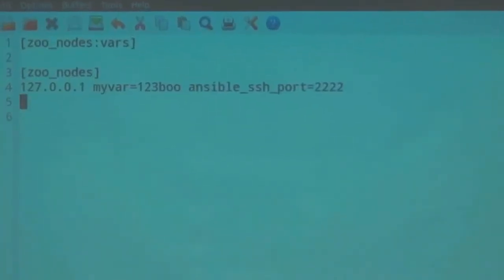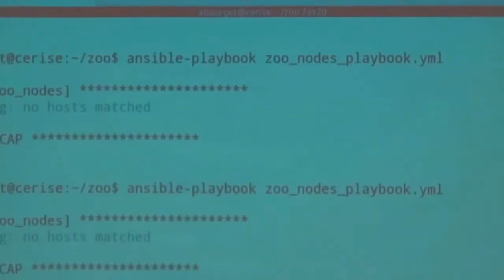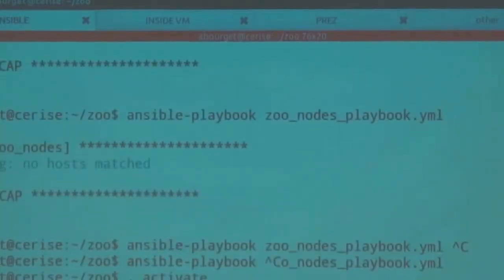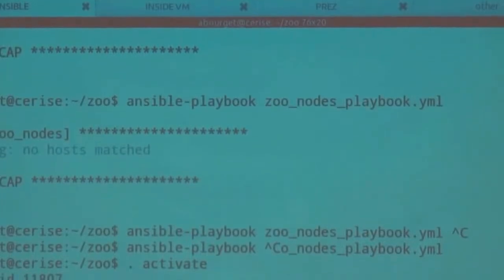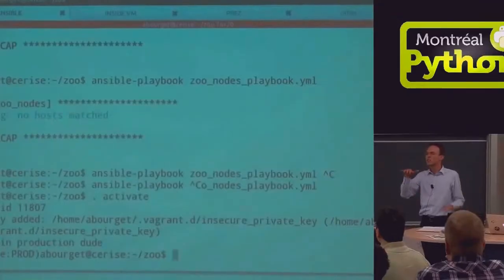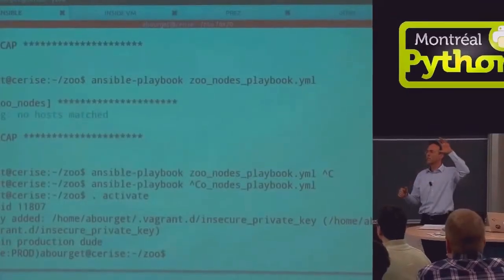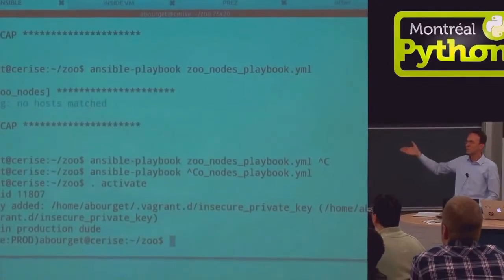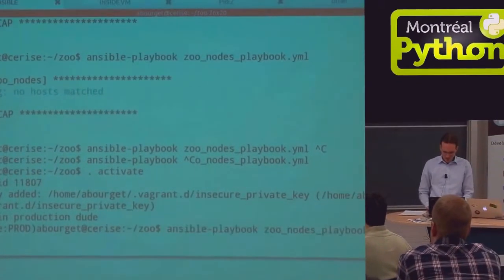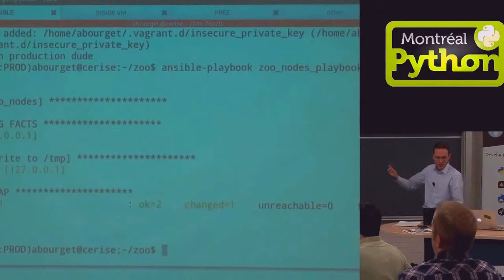Okay, let's try this. I didn't activate the thing. So I'm going to activate it. So actually, it'll use the host file in the current directory. Otherwise, it uses Ansible. You can have /etc/ansible. So right now, I'm going to use the current host. Sorry for that. Okay? So this is going to run, connect,